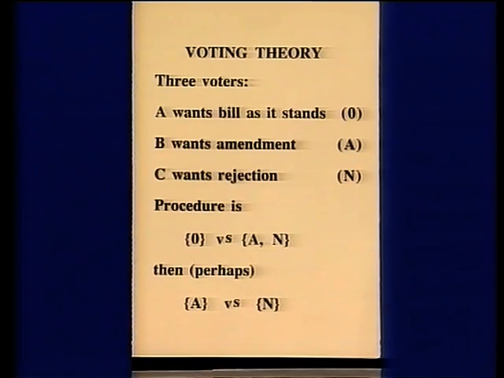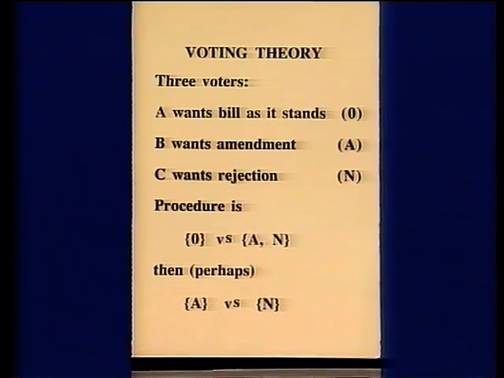One area which has attracted a lot of work and attention is that of politics looked at mathematically. Well, here's a very simple view of what's on offer. 3 voters have to consider a particular piece of legislation, O, the original bill, or an amended version, A, or want rejection of both, N. And you see there the first preferences of each of the participants.